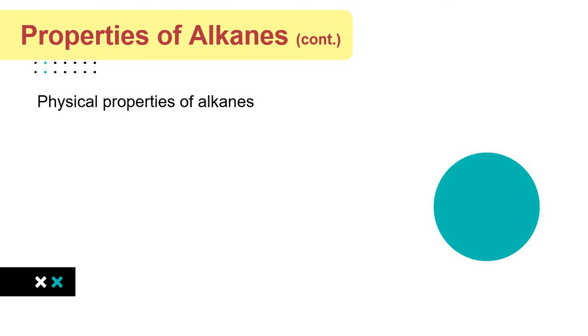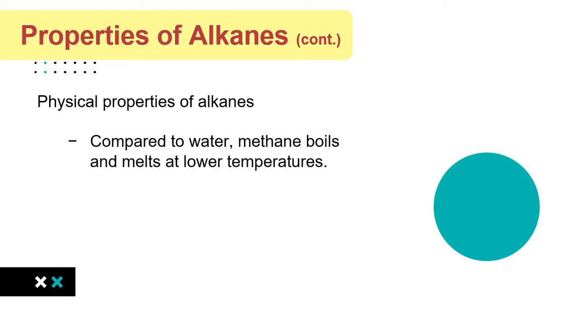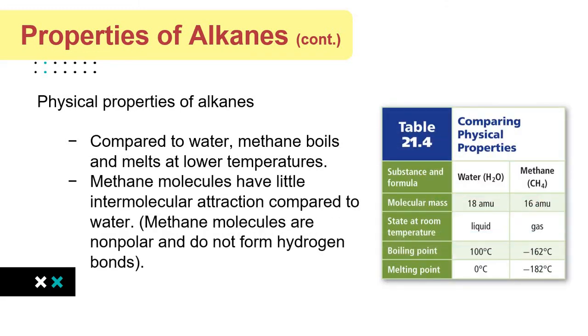Properties of alkanes. Physical properties of alkanes. Compared to water, methane boils and melts at lower temperatures than water, just like this. And the methane molecules have little intermolecular attraction compared to water. So methane molecules are nonpolar and do not form a hydrogen bond. So just this terminology, polar, nonpolar, it talks about how at some point of the atom, just like a magnet,